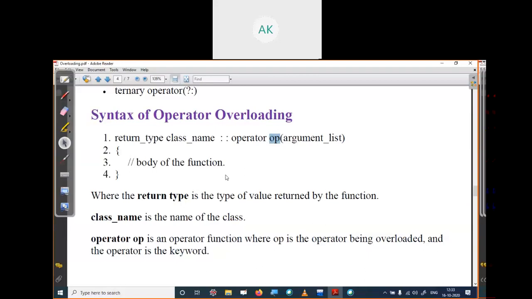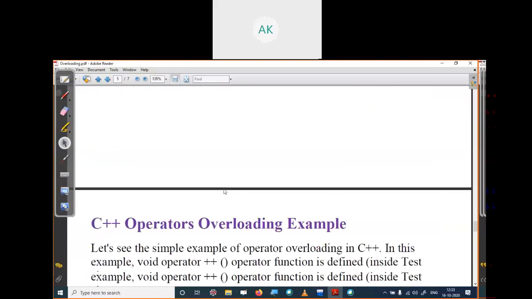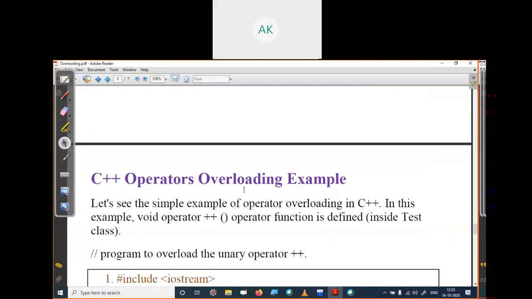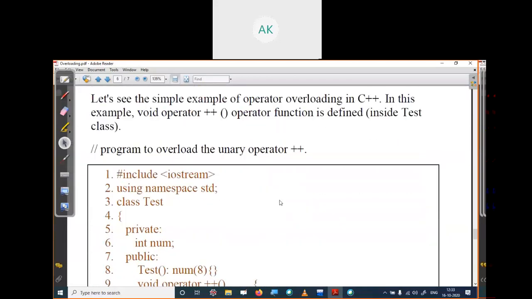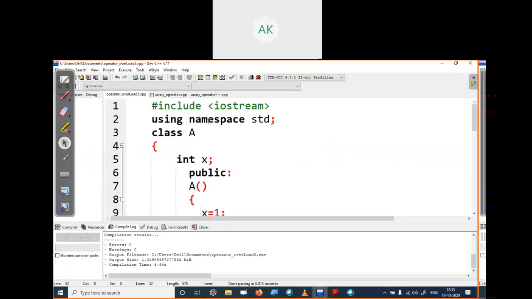In the same way, operator overloading is also defined for doing particular operations, but here we are using an operator instead of a function. We discussed everything in the last class, so in this class we will just see the example.